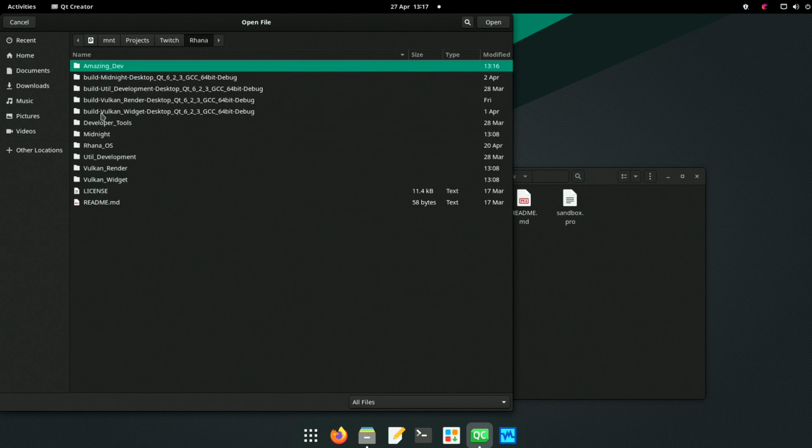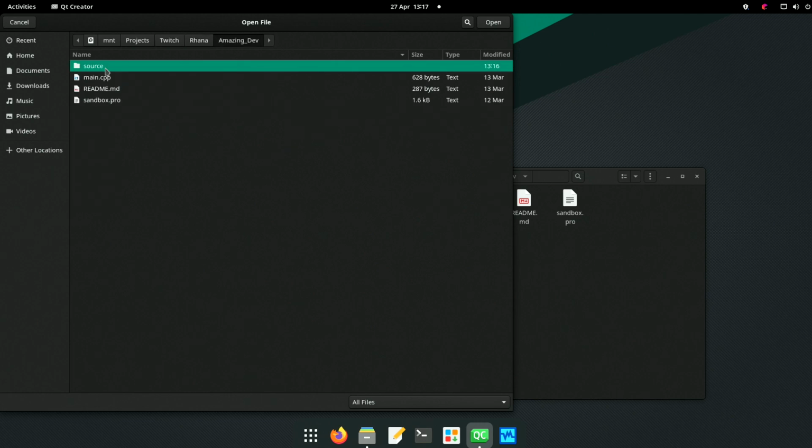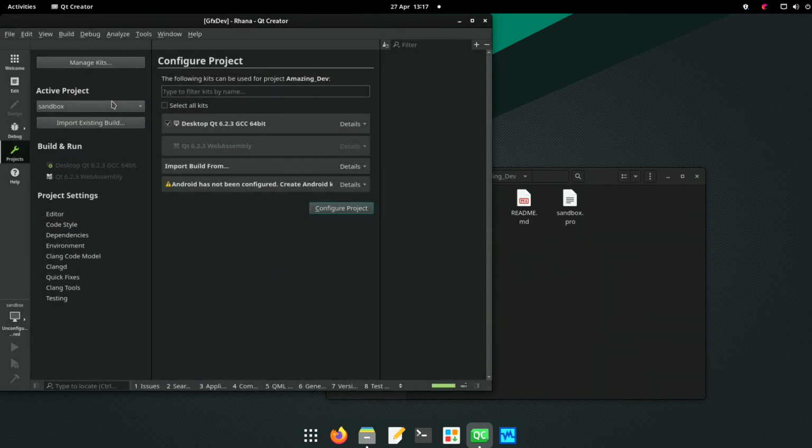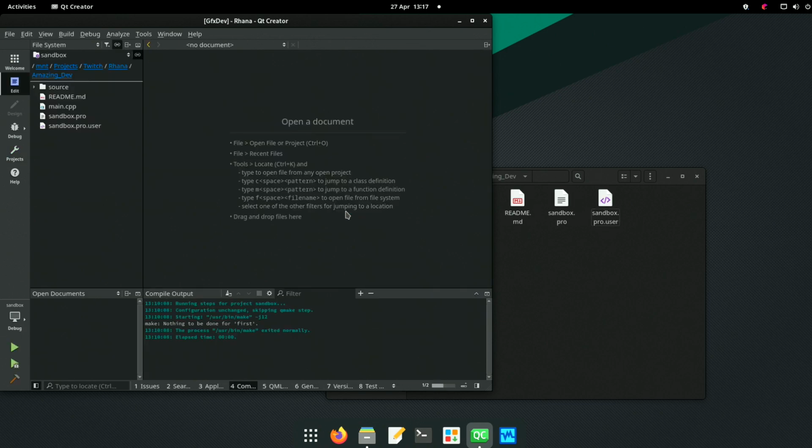Rana. Amazing dev. There we are. And we've got a profile. Desktop, GCC, 64-bit. Yeah, why not? Configure project. And it's done. We now have a new Sandbox Pro user. It does that for us. That's why I didn't want that file.